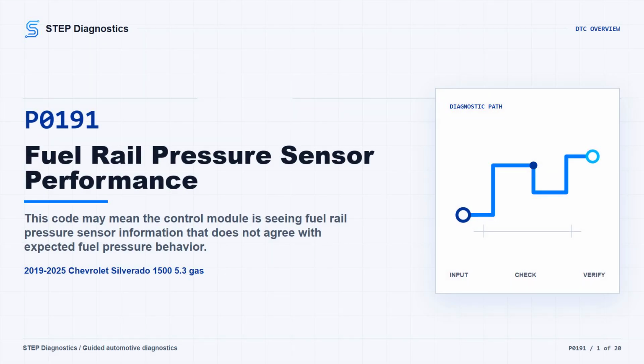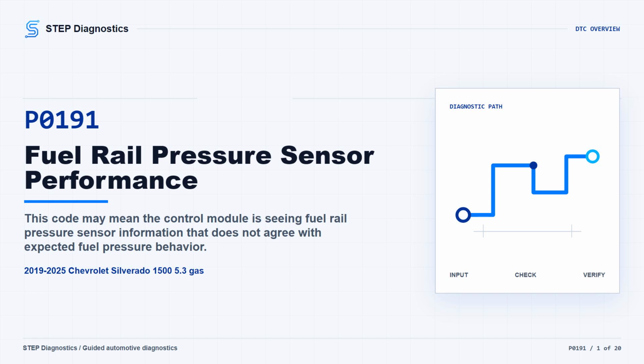On this Silverado, P0191 is a fuel rail pressure sensor performance code. In plain terms, the control module may be seeing fuel pressure information that does not agree with what it expects. The truck may turn the warning light on, may have drivability complaints, or may act differently under certain fuel demand